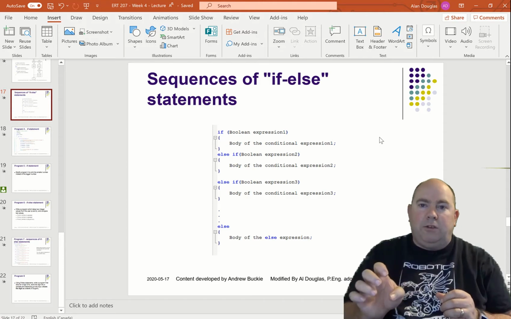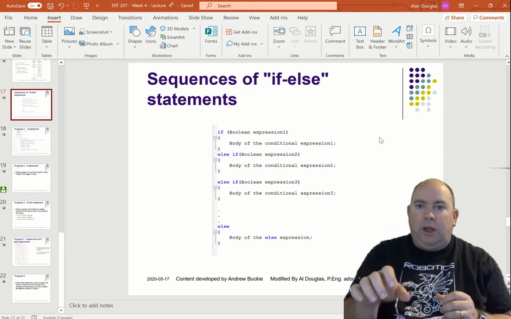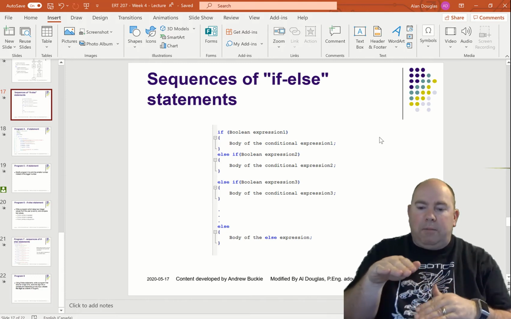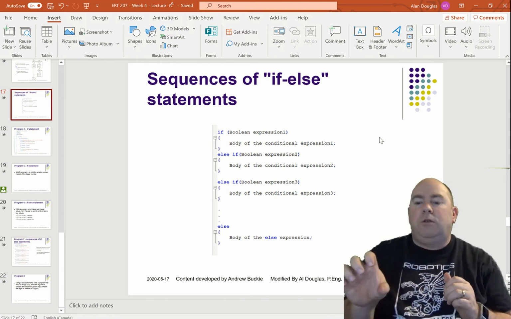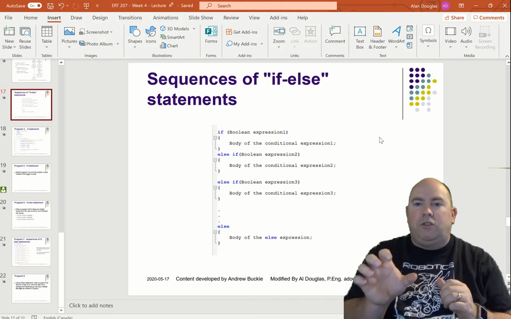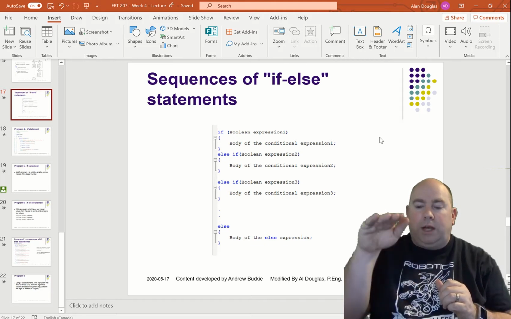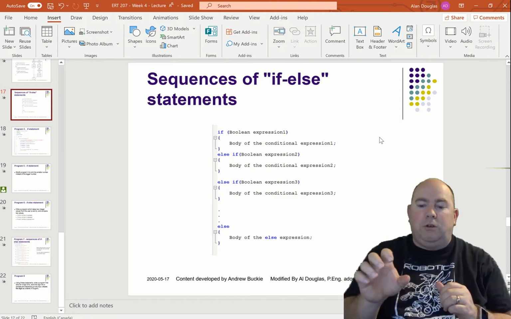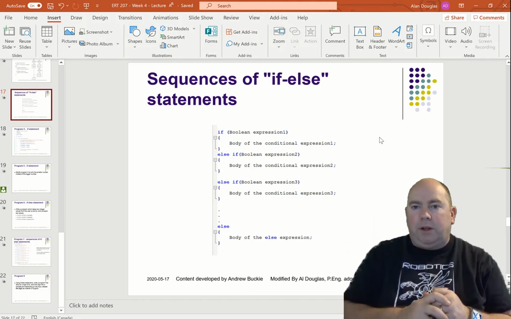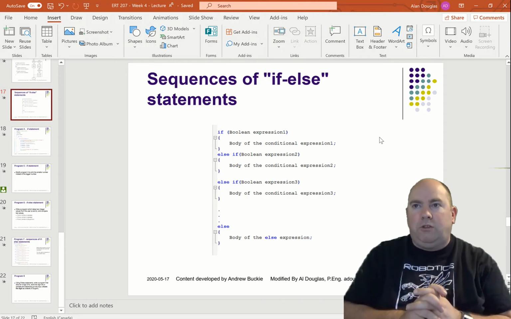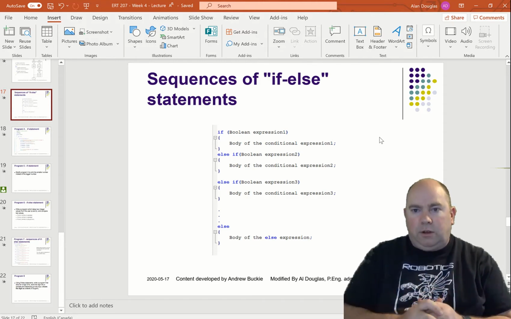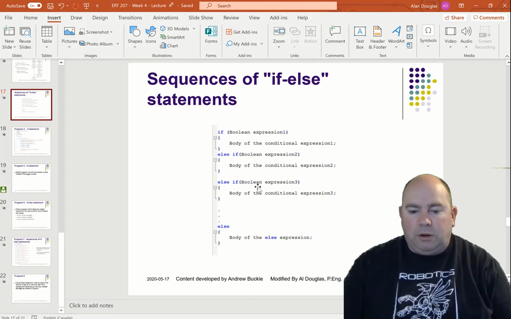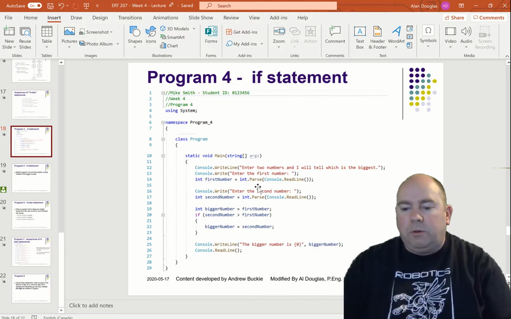We're going to end this with one that just says else. If we get to the bottom and none of the previous ones have been met as true, then we will execute that one. That one has no conditional part to it. But if we get to there and everything above it has proven to be false, then we will execute the else part of it. So we can do multiple cases with this. So it is formatted like we're showing here. So let's actually see it in a program. So what we're going to do for this one